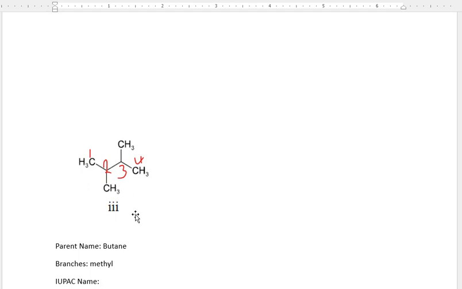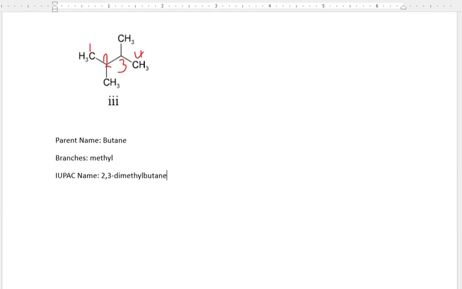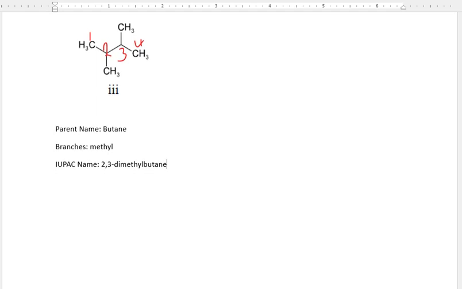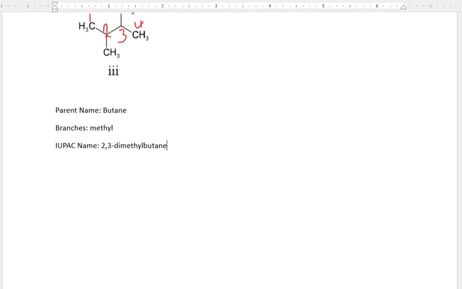So let's go ahead and say 2,3-dimethyl butane. 2,3-dimethylbutane. So that will be your IUPAC name for this compound. So let's look at